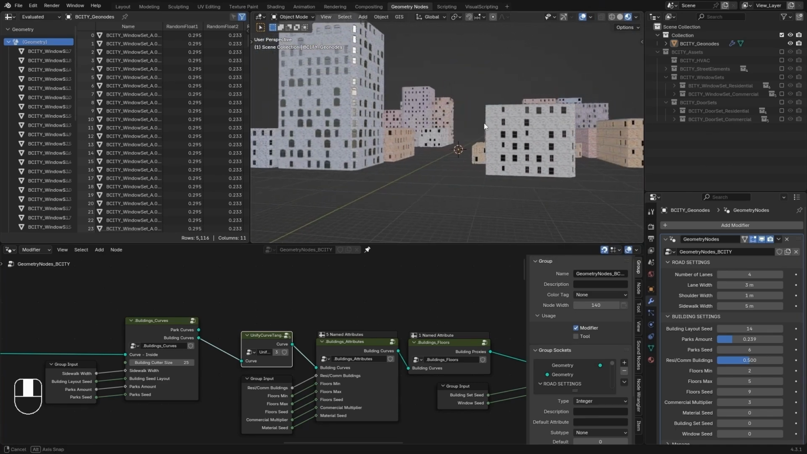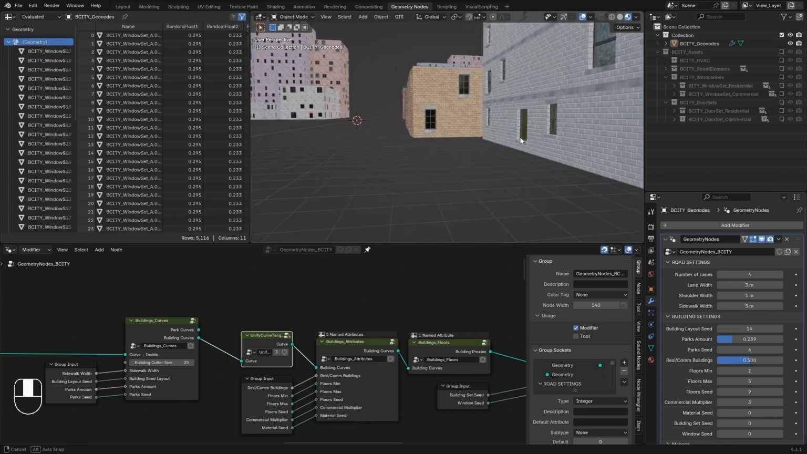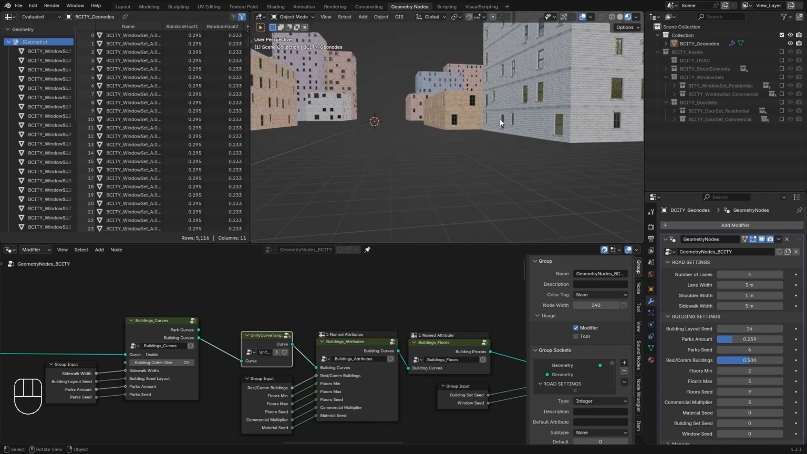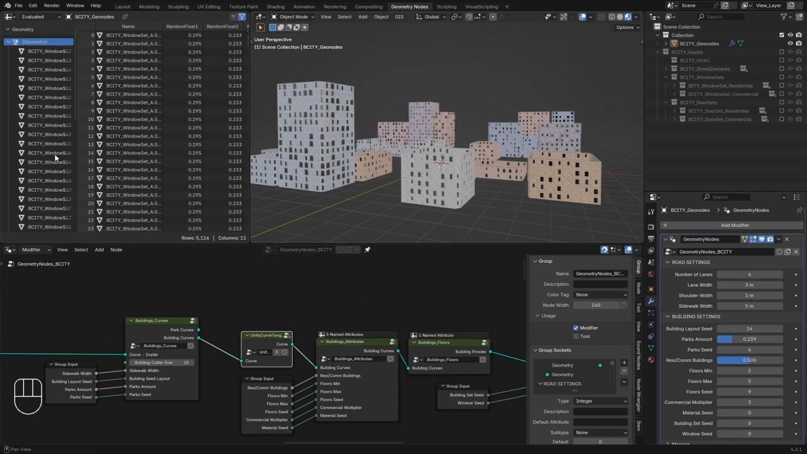In the next lesson, we will take these building instances and use them to separate elements for our doors, as well as for our commercial buildings,